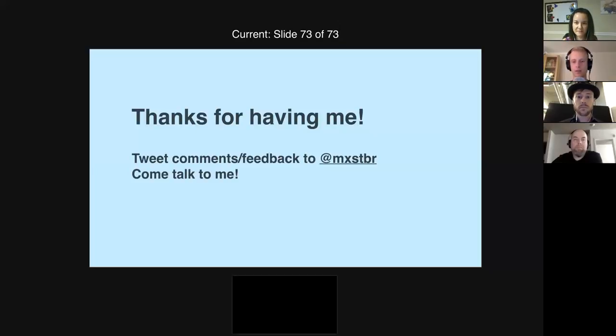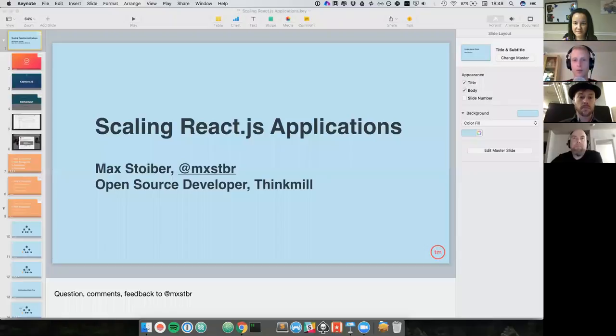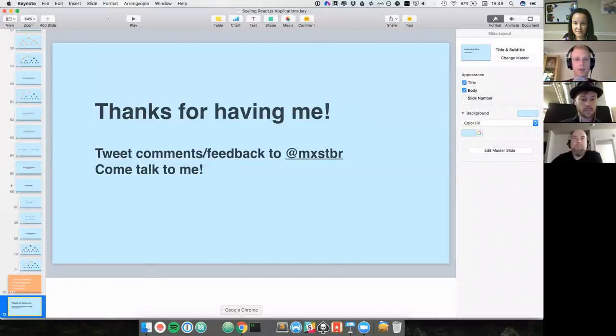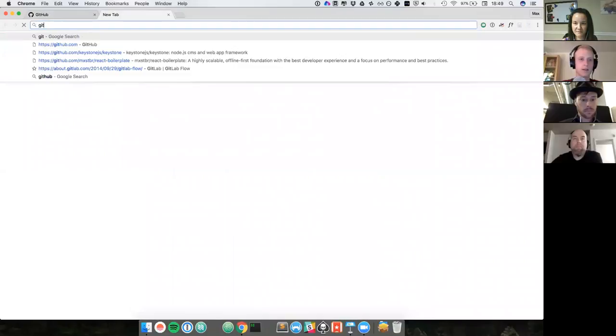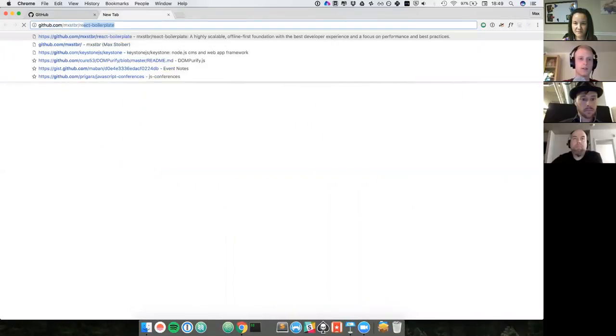I don't specifically know how it works at the moment because I haven't actually used it. I know it exists. I can look it up for you later and try to find it. Oh, actually, let me do that now, if my computer would like to not show a black screen, that is. We use that in the React boilerplate side, I think. So if we go to React boilerplate